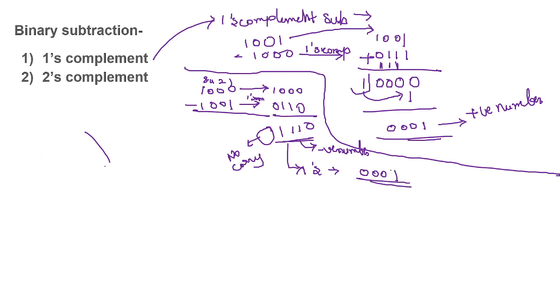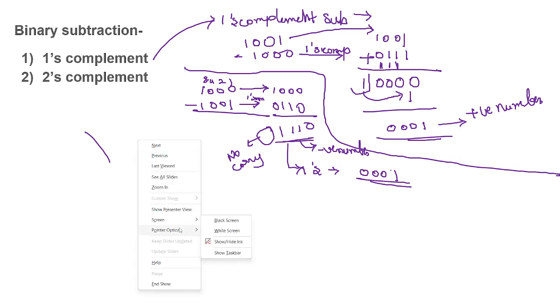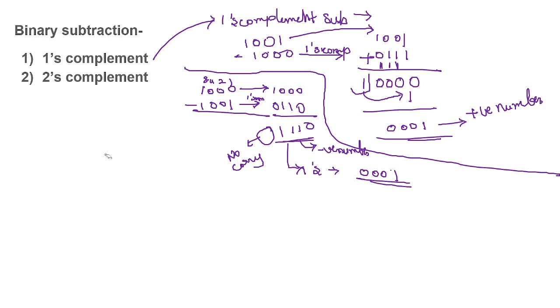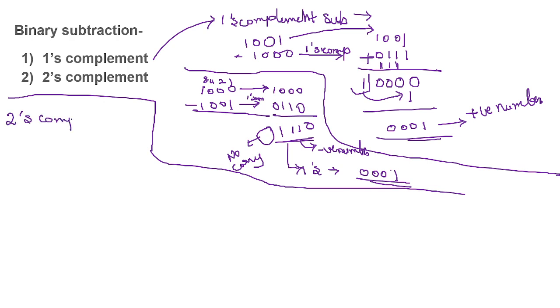So the 1's complement has this disadvantage that we have to add this end around carry. So popularly, mostly computing systems use the 2's complement method of subtraction. So in the 2's complement method, for the negative numbers, we have to take the 2's complement. So if it is 1001 minus 0111, and this number we have to subtract. So we have to take the 2's complement of it, which will be 1000 plus 1,